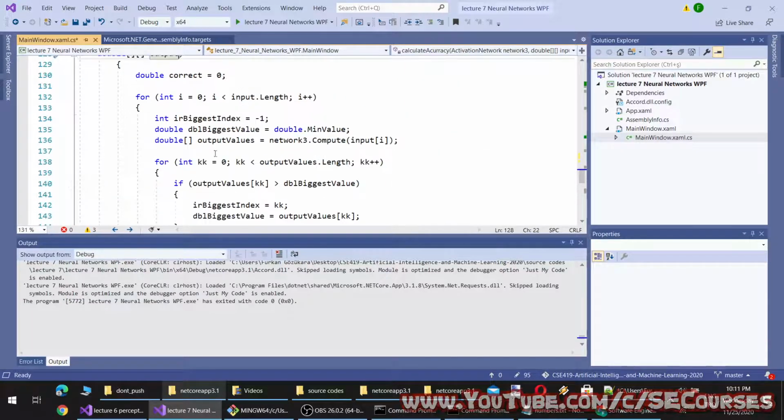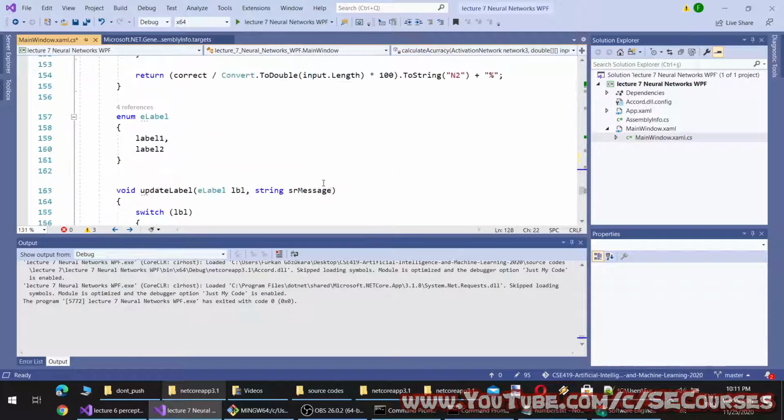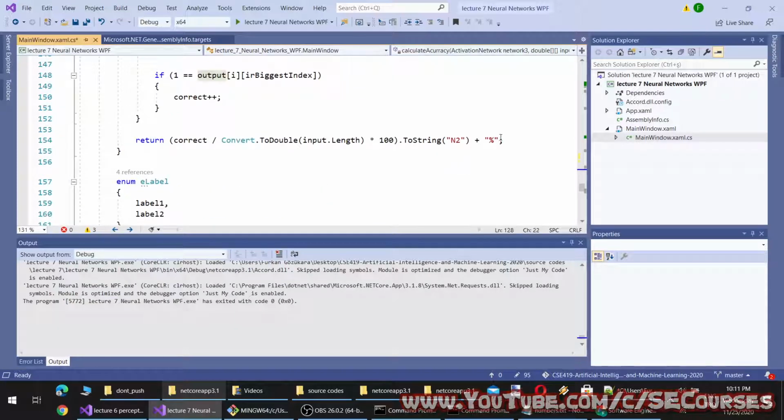I also need a double value, or just make it return a double value.